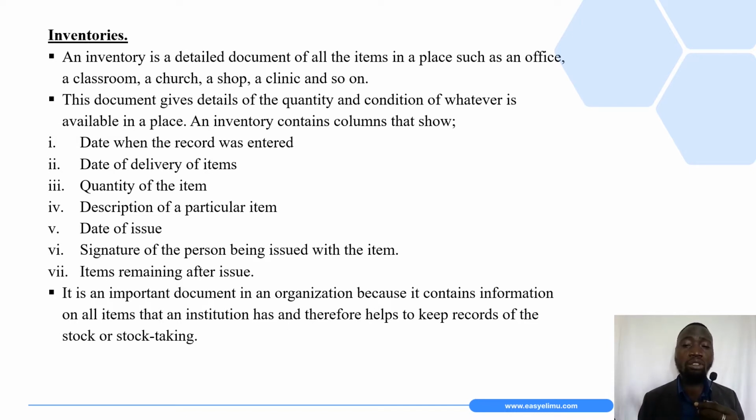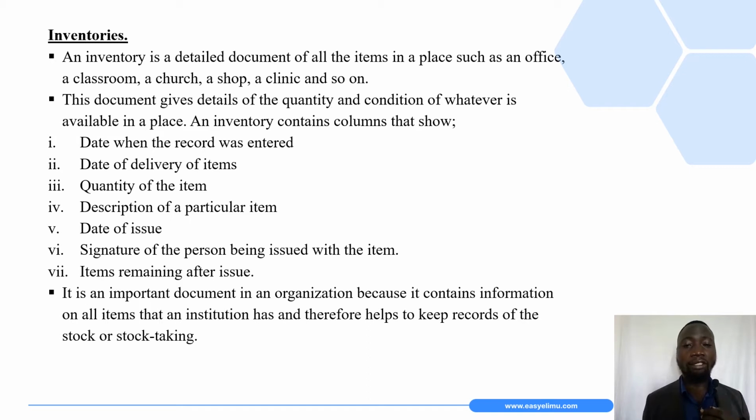When we talk about the quantity, it means that it indicates the amount of goods or items that are available in a place. So if we are talking about a bookshop, for example, then an inventory is that containing details about the number of books left